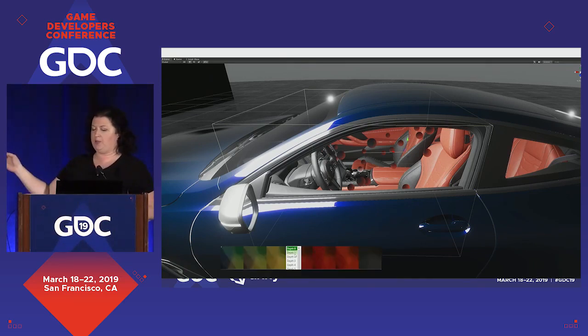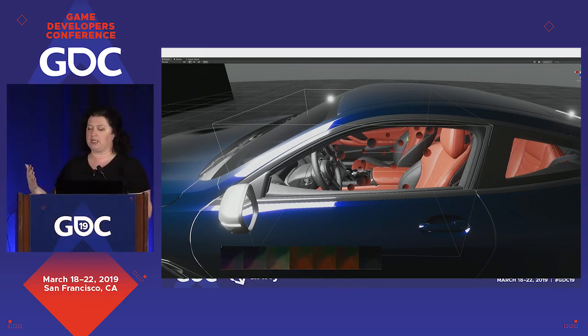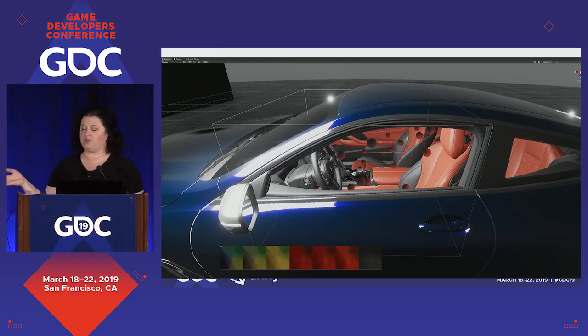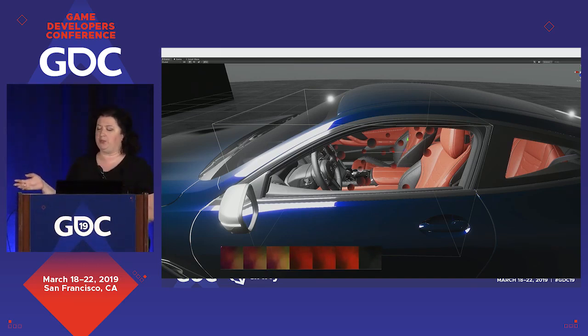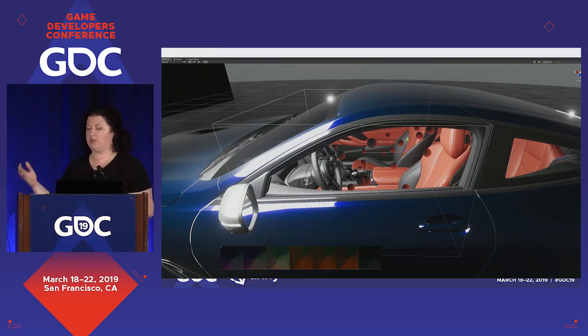So this is the example of how the SH coefficient texture looks when we go through all the layers. And as you note, it consists of 9 coefficients for each RGB channel, but we also can pack them a little bit more efficiently into 7 RGBA channels in an atlas of a 3D texture.